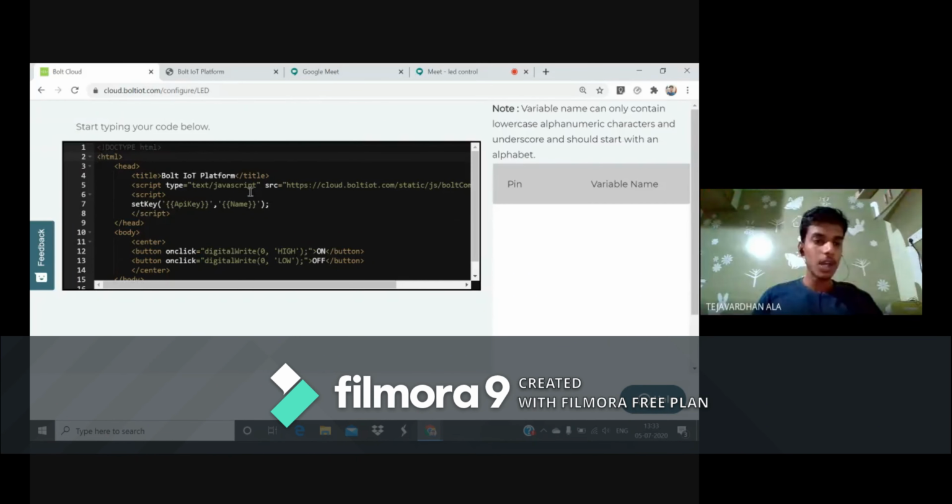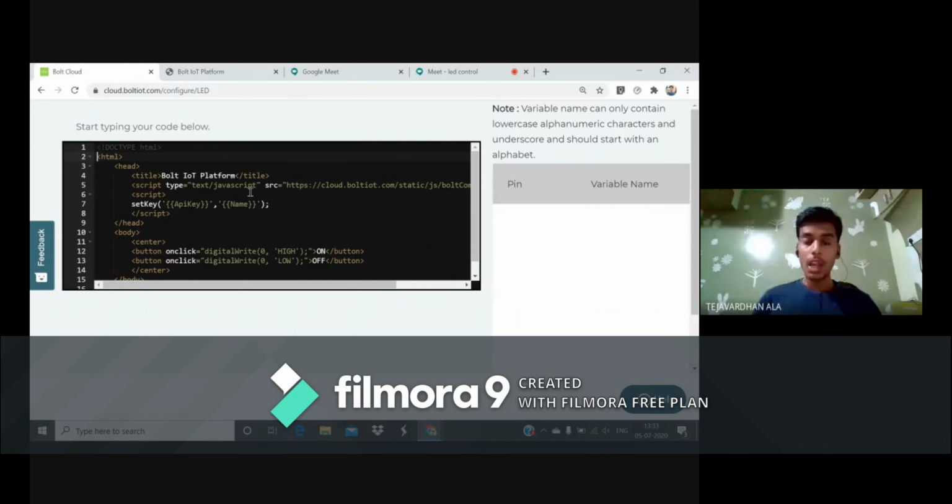In HTML, in the body, I have written first ON and OFF, and within this I used a center tag. Why did I use the center tag here? Center, left, right are nothing but alignments. So in order to bring the ON and OFF to the center of my page, I have used a center alignment, with a button. By writing this code, ON and OFF will simply be displayed on the page.